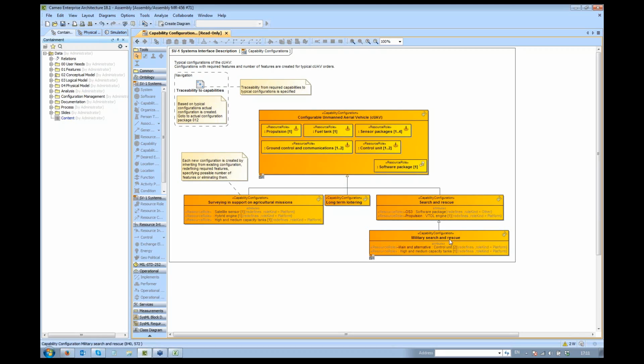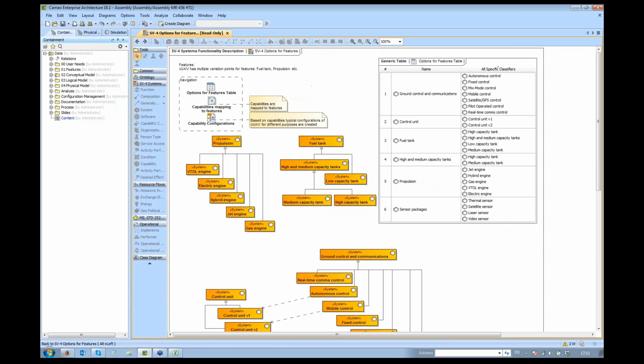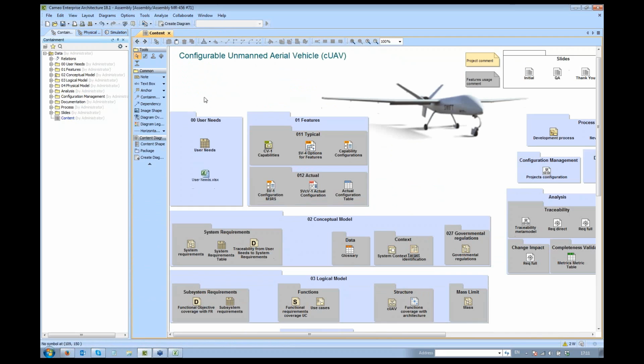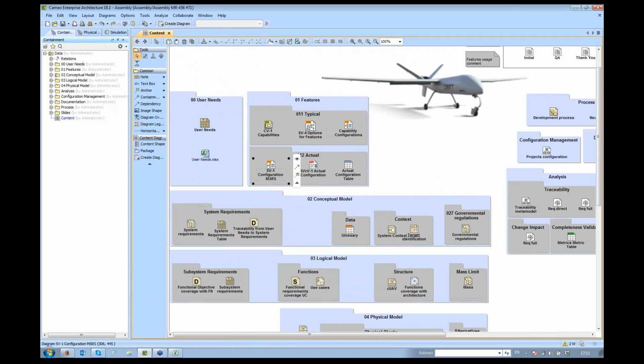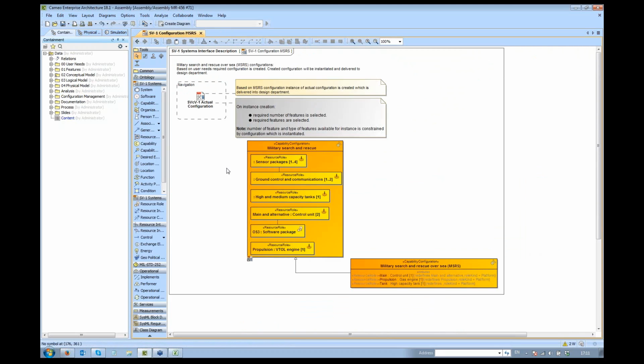So now we will go to actual configurations part, and we will create actual configuration that should be typical for our needs, because we don't have such kind of typical configuration. And each new configuration is created by inheriting from existing configuration and redefining required features or specifying possible number of features or eliminating them. So now let's go to the actual configuration part, and